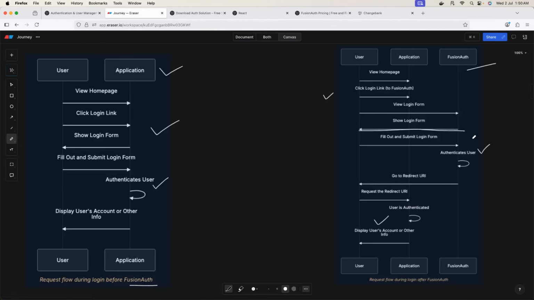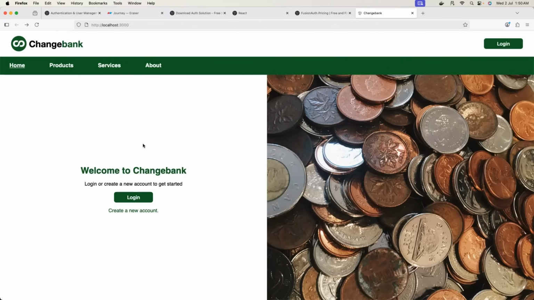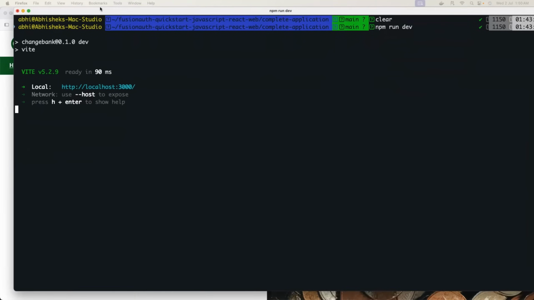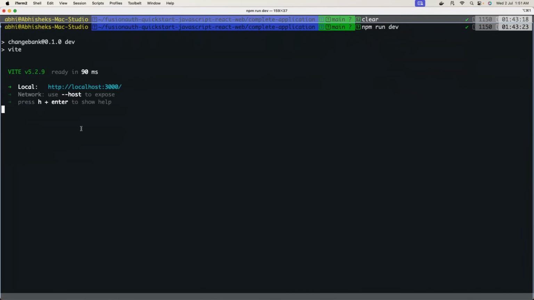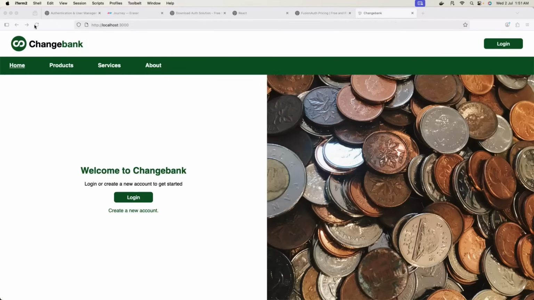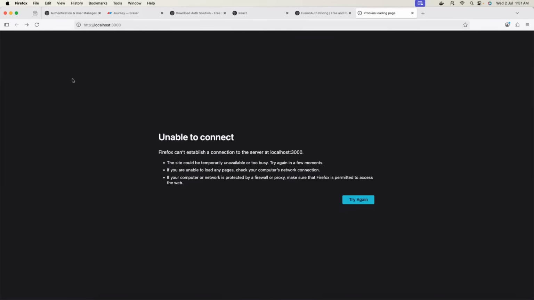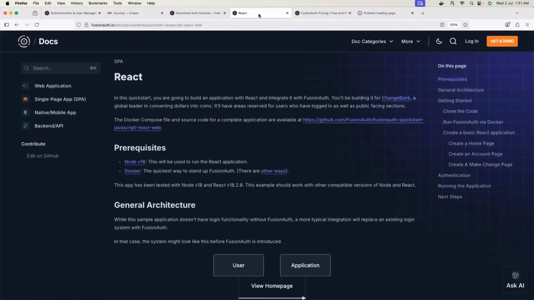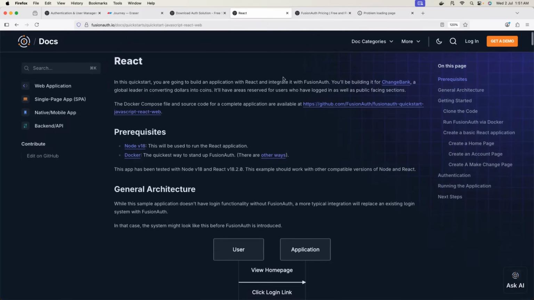At the end of the day, everything related to authentication is offloaded to FusionAuth. As I told you, we will be doing things from scratch. So firstly, I will take my terminal and stop this development server so that we don't have this application running anymore. I'll also delete the code related to the application that I have, and I will follow this documentation. Of course, I have implemented this a couple of times, so I'm well aware of the steps to be